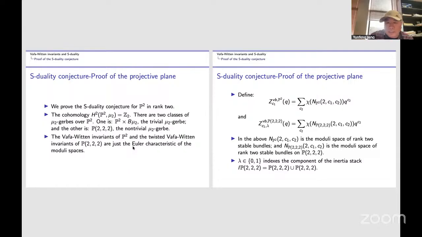Okay, this one probably I can skip, because it comes from a formal calculation with Martin Kool and Gholampour, where we did the modular stable sheaves, torsion-free sheaves on the rigid projective planes. We did a lot of calculation long time ago when I was a postdoc at Imperial, and then we got a lot of formulas. And then I realized that this formula can help to check the S-duality for P2.